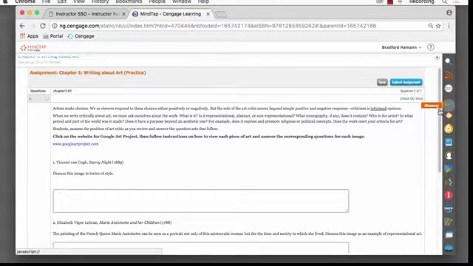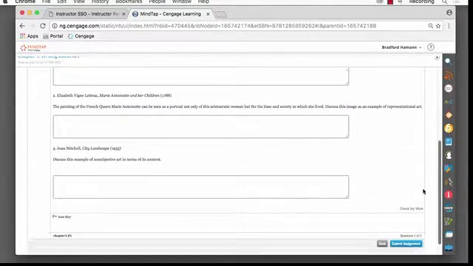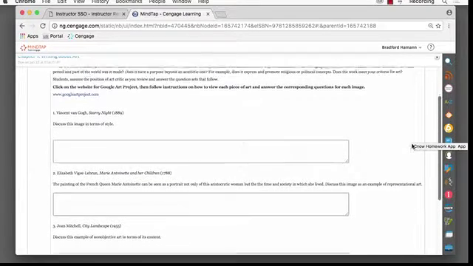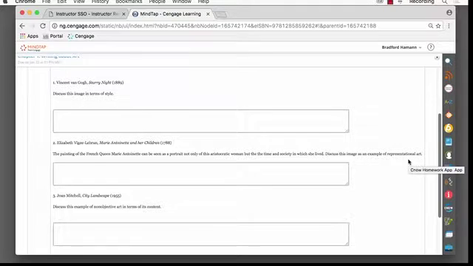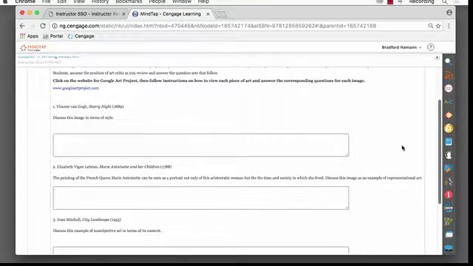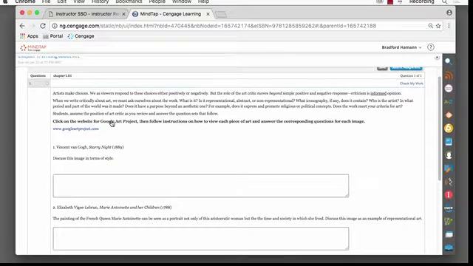Let's see if we can do this. 1, 2, 3 images. One is Vincent van Gogh's Starry Night. One is Elizabeth Vigée Lebrun, Marie Antoinette and her children, and the other one is Joan Mitchell, City Landscape. And they're asking you questions about each one. And for this, these images are not necessarily in the book. So you've got to go, for instance, Vincent van Gogh's Starry Night. I would just highlight it and copy it,